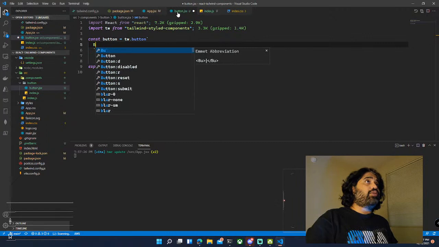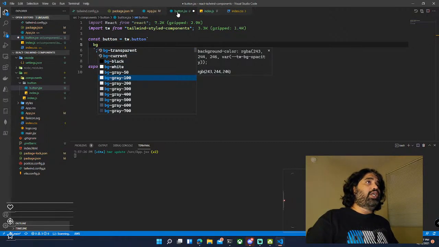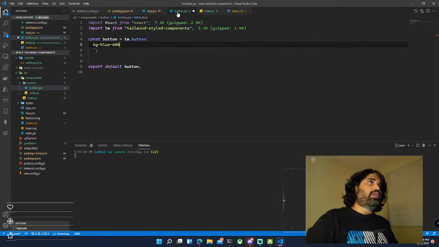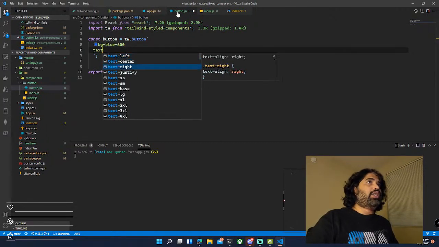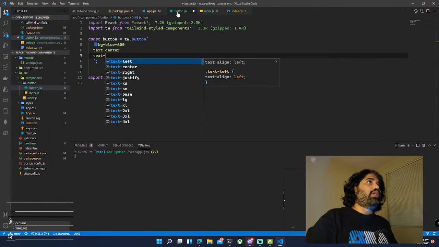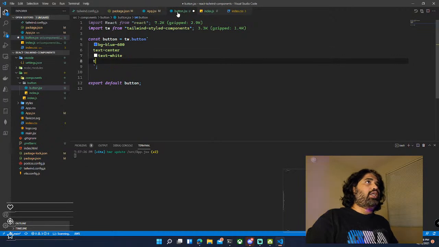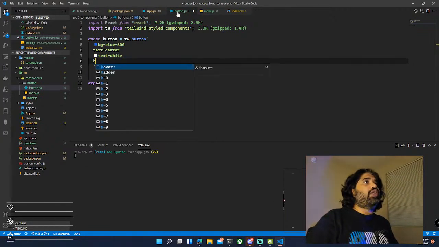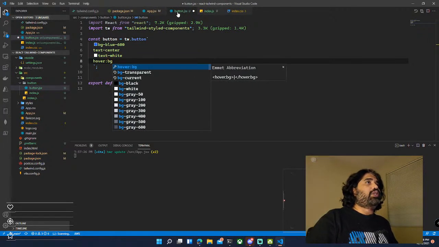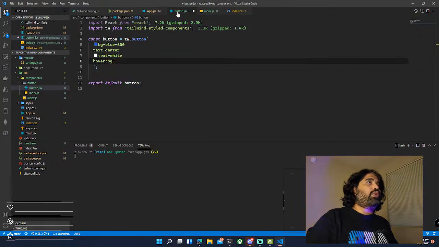And now we don't know what is causing that, so let's go here and use button. Sorry, I would say pg. We need blue, right? Same thing, blue 600, and text center, and text white. So now hover and background, bg white,